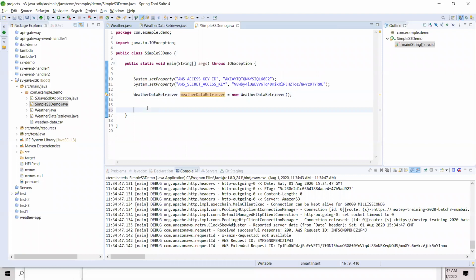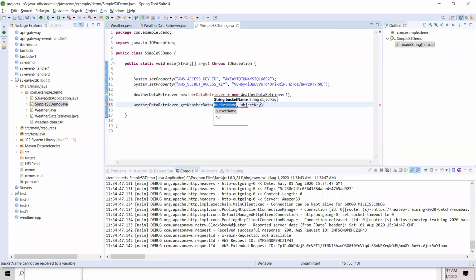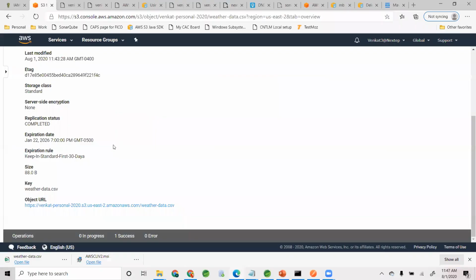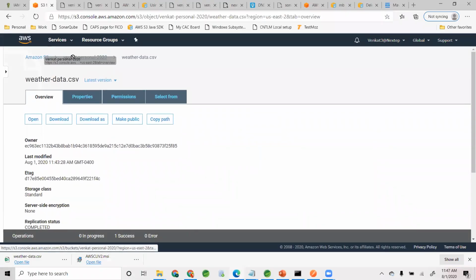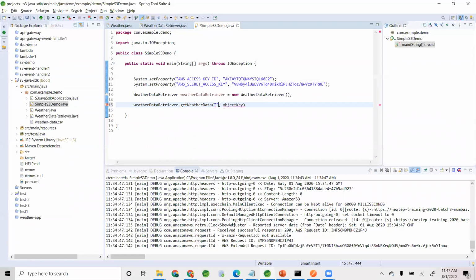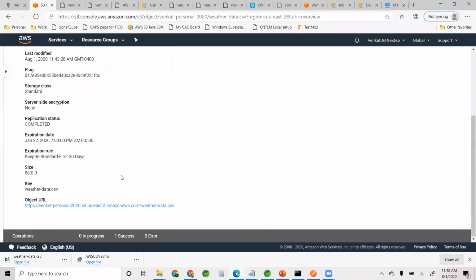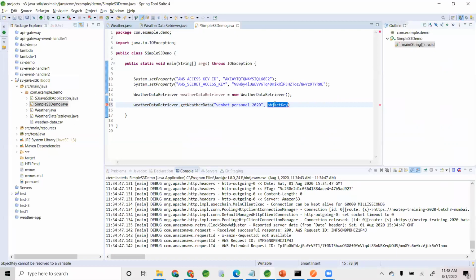So weatherDataRetriever.getWeatherData, and I'm giving my bucket name. What's my bucket name here, guys? Venkat-personal-2020, and then the object key. So we are going to complicate the stuff very soon. List of weather objects.